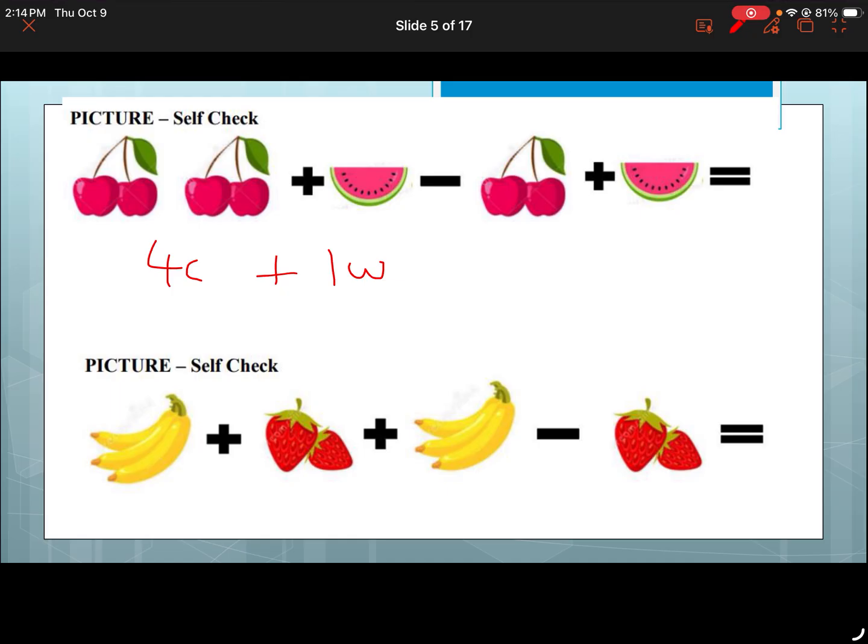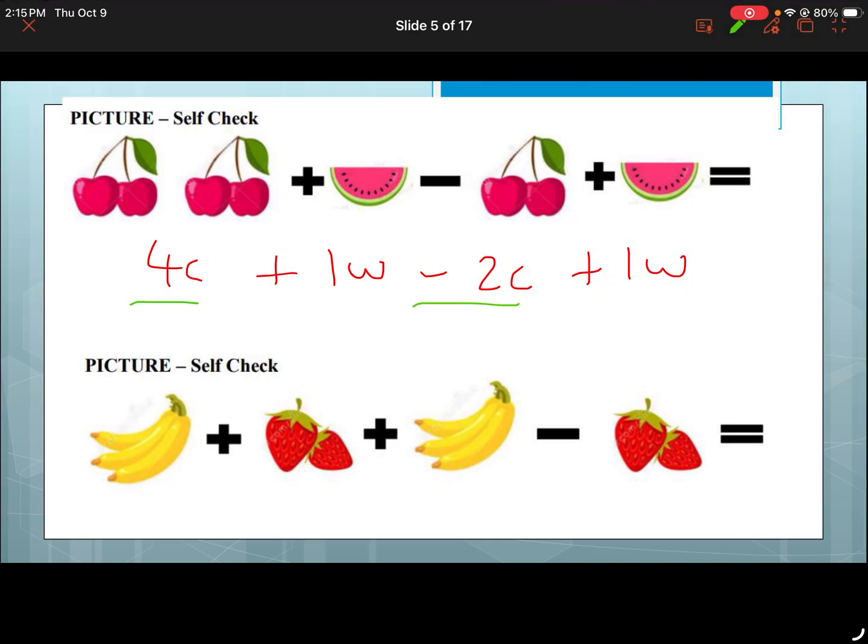Because if I say, can you pass me an apple, I have never mentioned a number there, but you know that's 1 apple. In the same way, if I put W, you know that's 1W. But for now, we'll just put 1W. Minus 2 cherries plus, again, we could put just W, but I'm going to put 1W just for the sake of it. If I said, hey, go get me 4 cherries and a watermelon, actually, take away 2 of those cherries and get me another watermelon, you would know